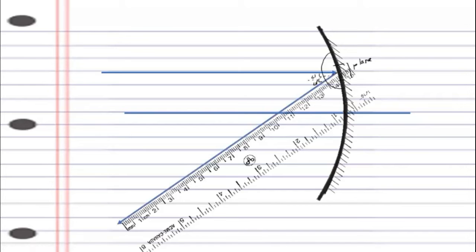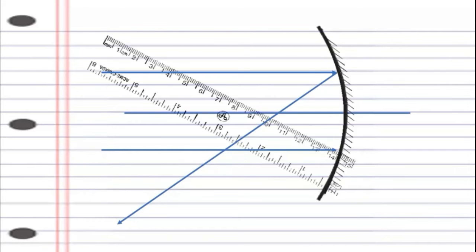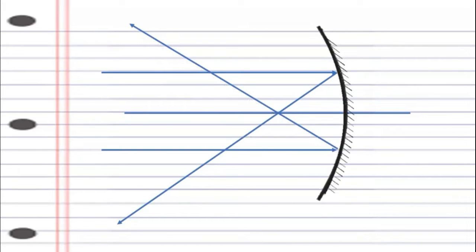So it will pass through this point. If you take one more light ray from the bottom, the same thing happens. The light ray strikes here on the surface of the concave mirror and reflects back, and when it reflects back, again it will pass through the same point. If you keep your scale like this, it's wrong. You have to allow it to pass through the same point. And where those points meet, they meet on this line, which is called